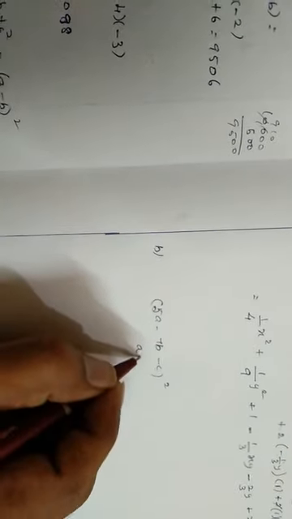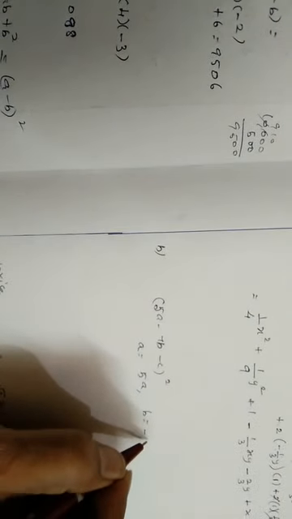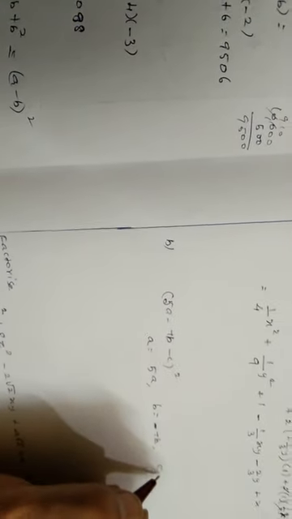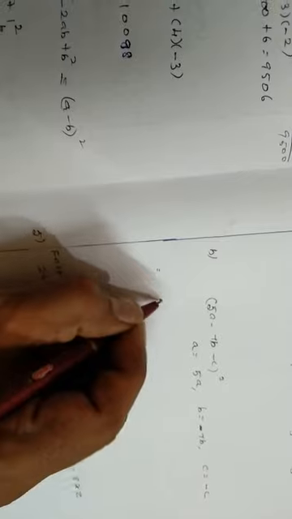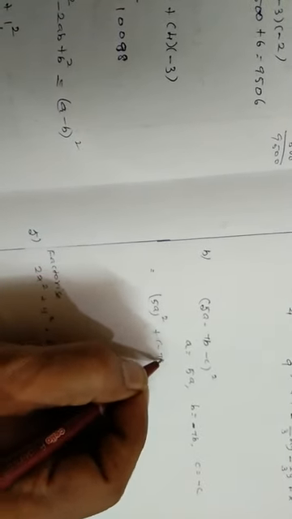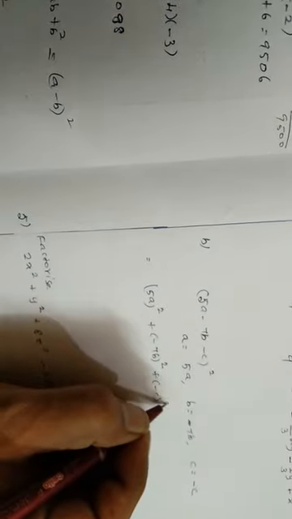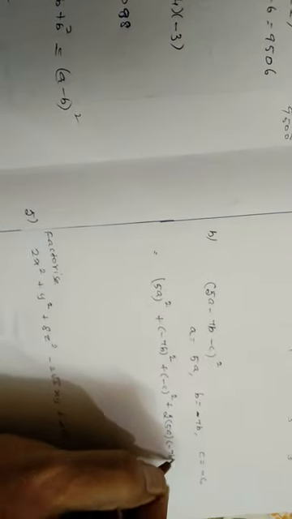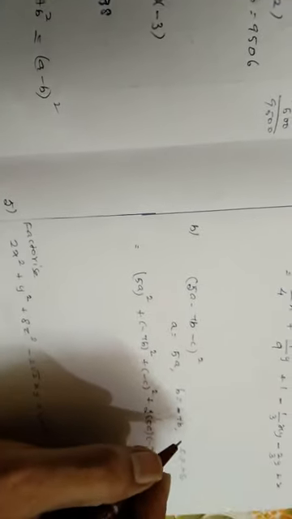Now in this problem we are going to use the same identity. Instead of a you have 5a, instead of b you have minus 7b, instead of c you have minus c. Substitute. First, square all the terms: 5a the whole square plus minus 7b the whole square plus minus c the whole square, plus 2 times first and second, so 5a into minus 7b, plus 2 times second and last, minus 7b into minus c, plus 2 times last one, that is minus c into first one 5a. This is the expansion.